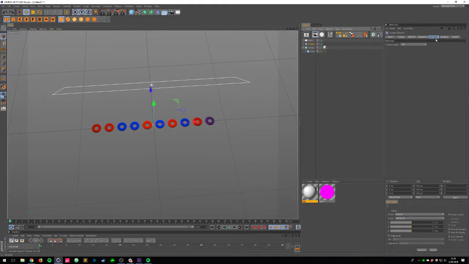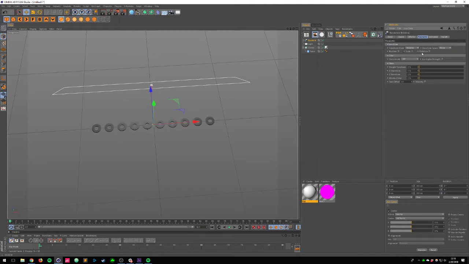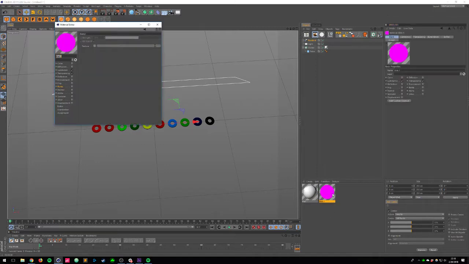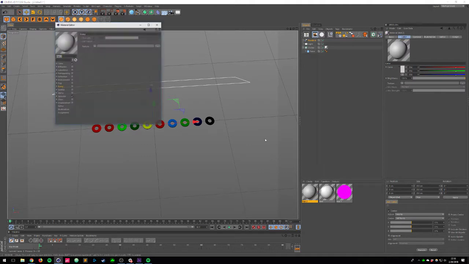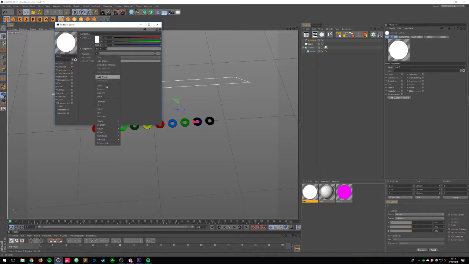And so what I'm going to do is delete this shader effector. I'm going to come to my cloner and come to Mograph, pick a random effector, come to parameter, turn off the position, and turn on this color mode. So now I have random colors on my thing. And if I come back to this shader, actually I'm going to make a new one. If I come back to this shader, turn off color and specular and come to luminance and go down to